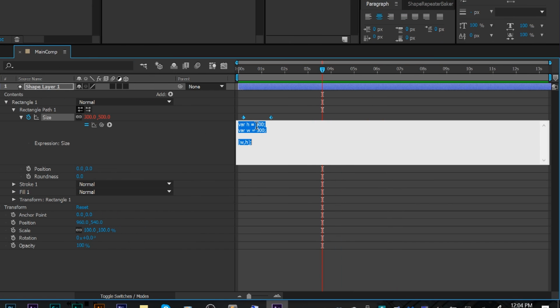So that's the basis of the anatomy of expressions and or JavaScript. You can create variables and you can relay them back in your output, and you can also do operations on these variables. So I want to say